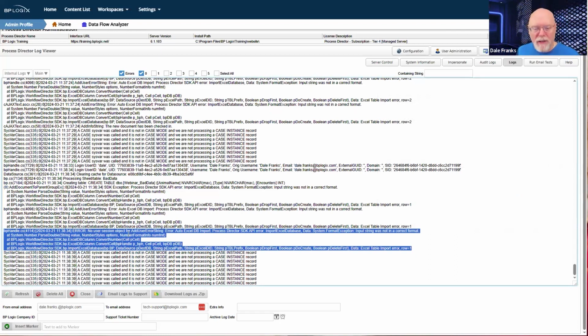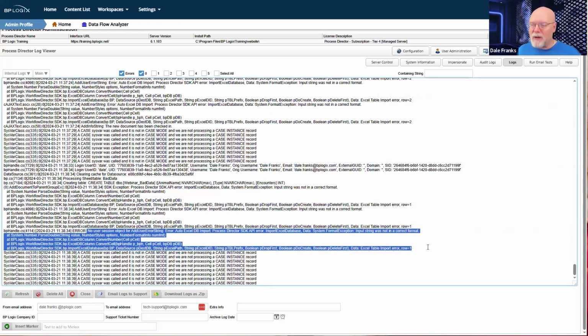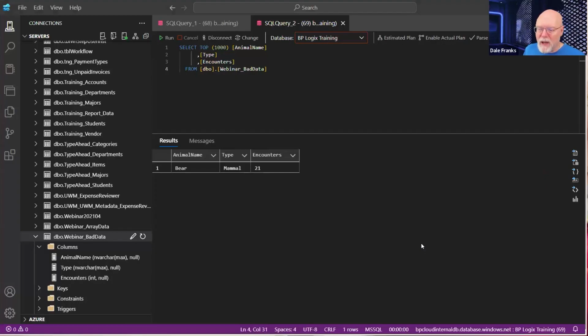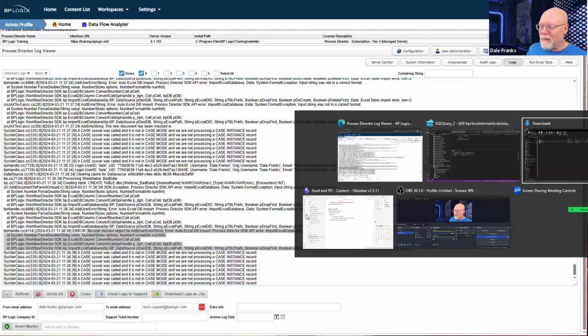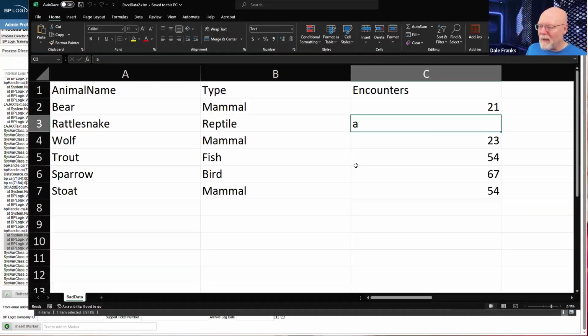The only place that you're going to be able to see where there are these data errors is if you come into either the internal or the script logs. They're both going to show you different aspects of information about that data failing. So obviously, if I want to fix this error, I've got to fix my data so that it's showing me the correct data. So in this case, obviously, I would